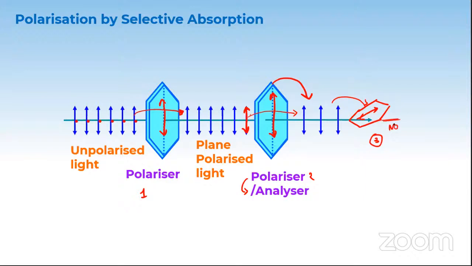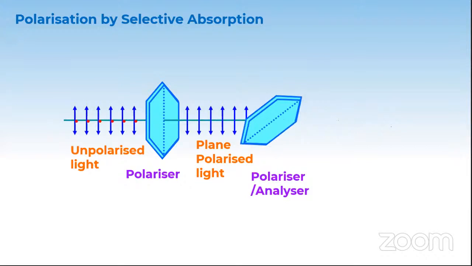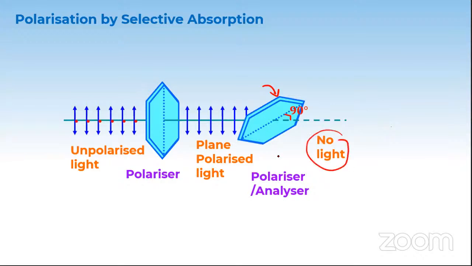So there'll be nothing coming out of it. That's correct, Rajamma Gunashri. Okay, so there is no light coming out of the polarizer. Very simple, right? So see, now what I did, I just rotated this polarizer by 90 degrees. When I rotate this polarizer by 90 degrees, I get no light completely. So all the light is blocked.